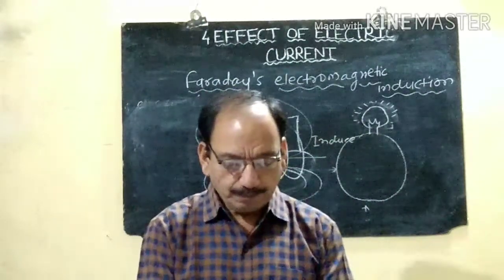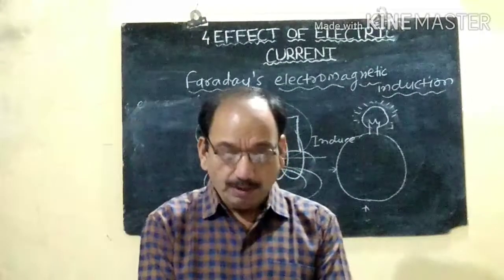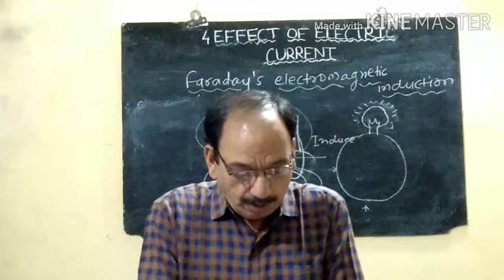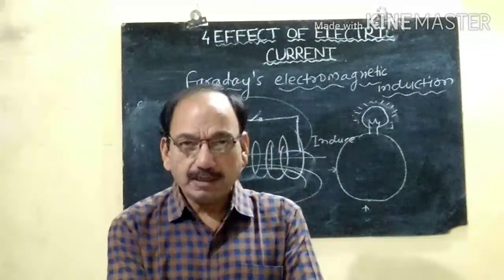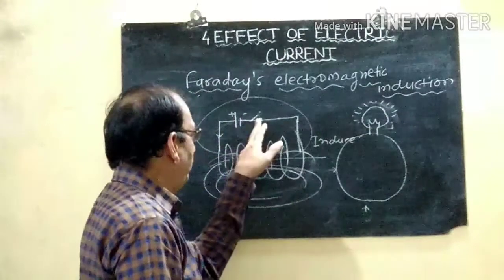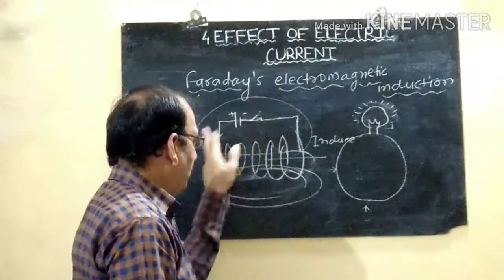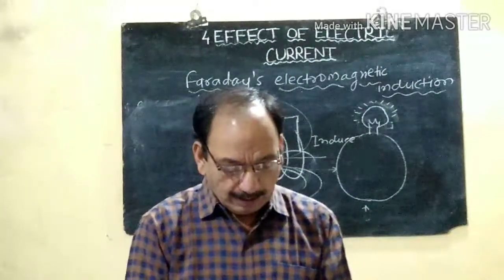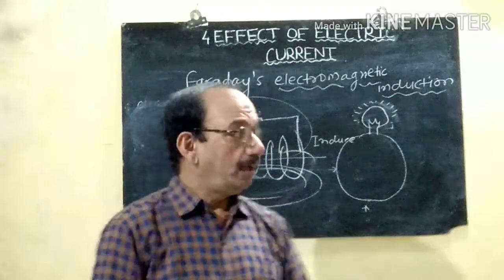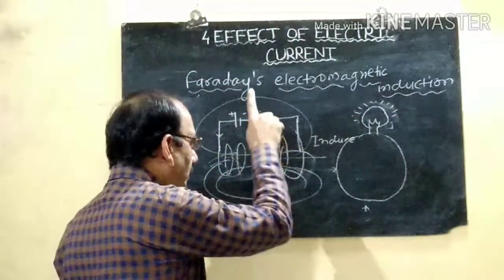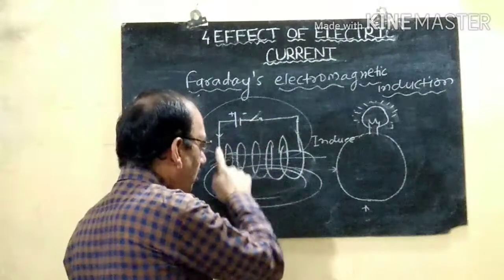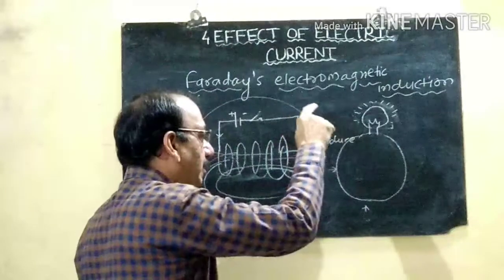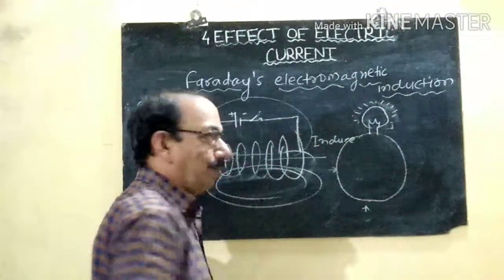From all these observations we conclude Faraday's law of induction. When the current is switched off, the current is no longer flowing through this solenoid coil, yet current is induced in the coil. When we open this tap key, the light will flash, which means current is produced in this coil.